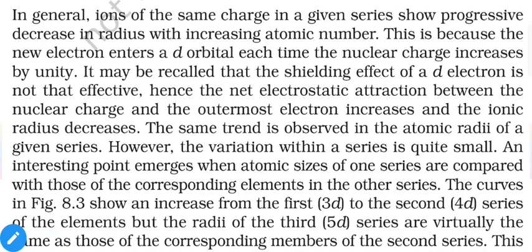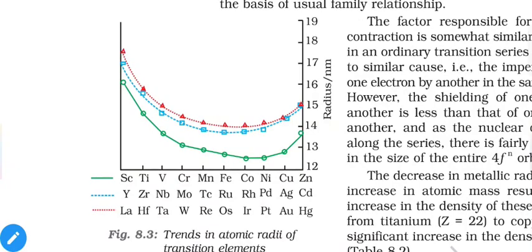The curve in figure 8.3, this figure, lets us compare the different series. Let us observe the first series, marked with the green line. You will notice that initially the sizes of the atoms are highest, then they start decreasing. After a certain point they start increasing a little bit, and then we reach a certain point at the end of the series. A similar trend is observed in the other two series as well.